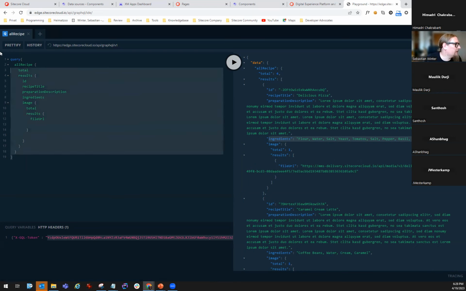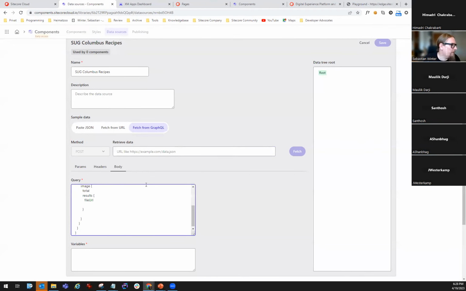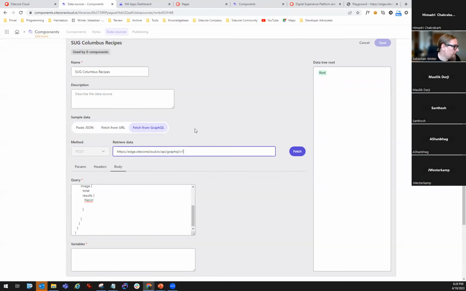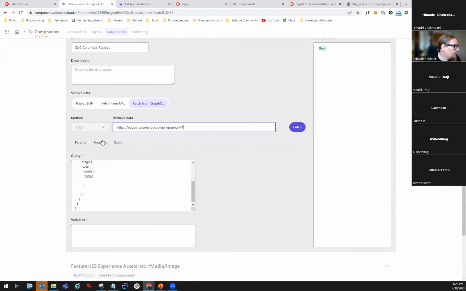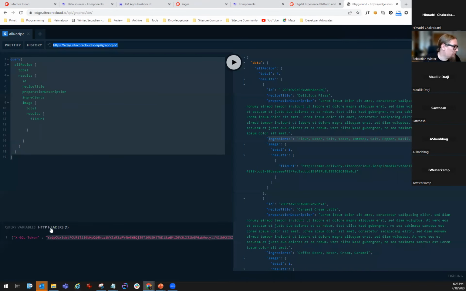So what I will do is I will just copy that query here into components, into the query field. That will not work because I first, of course, need to connect my endpoint, which I will do as well. So I'm taking the endpoint URL and putting it here. And I also need to provide the actual API key in the headers. So using the XGQL token,